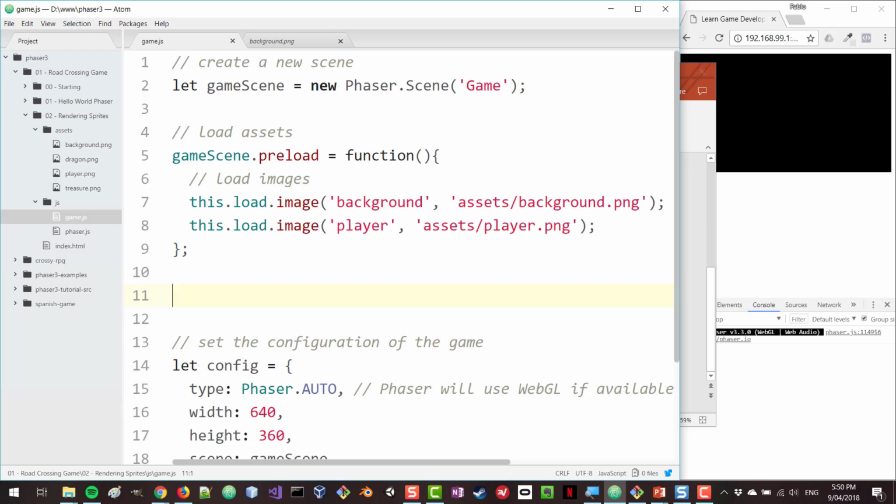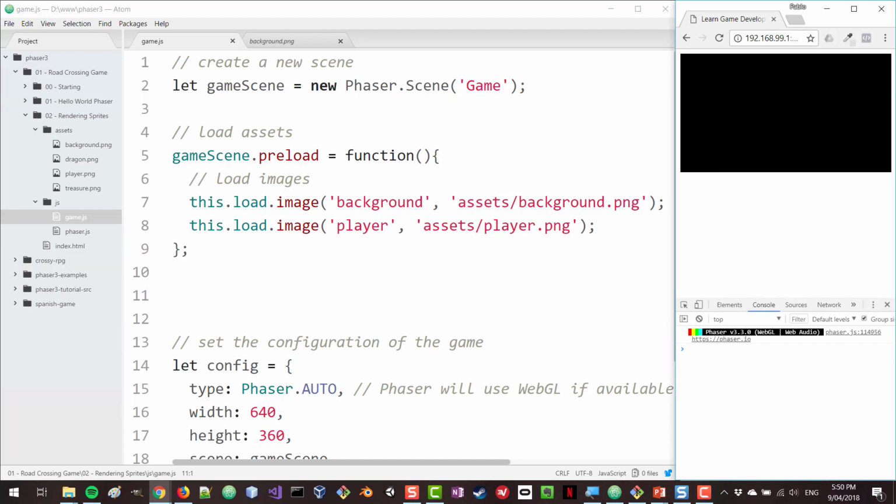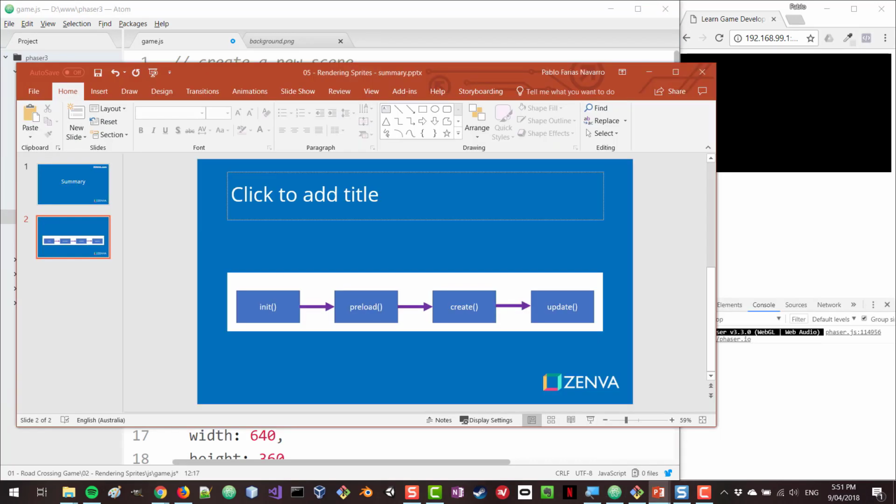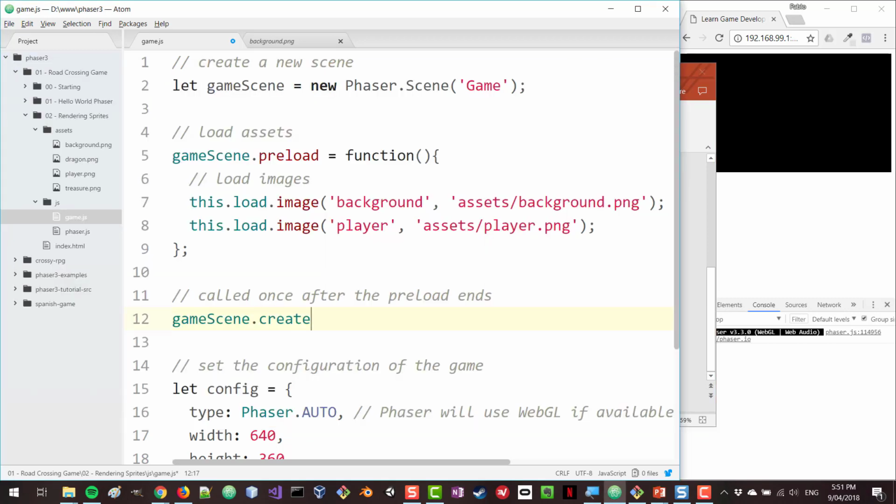Nothing is really happening until then. We actually want to create the sprite now and show that on the screen for the players to see. So this is called once after the preload ends, and this will be our create method. Remember that we had preload and then create. We're not using init just yet. It's an optional method. They're all optional, strictly speaking, but we need to preload images if we want to then show them on the screen. So this is also going to be a function,